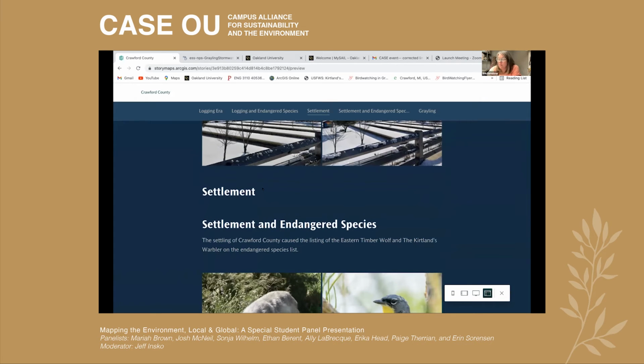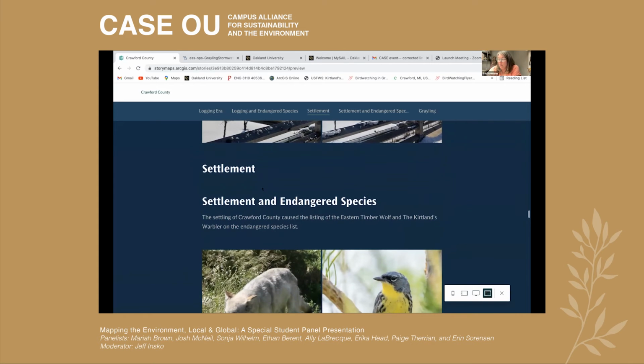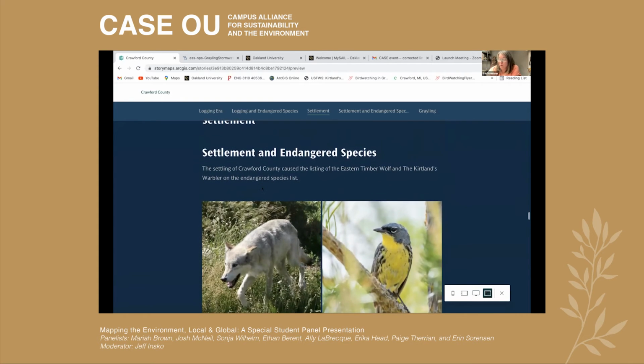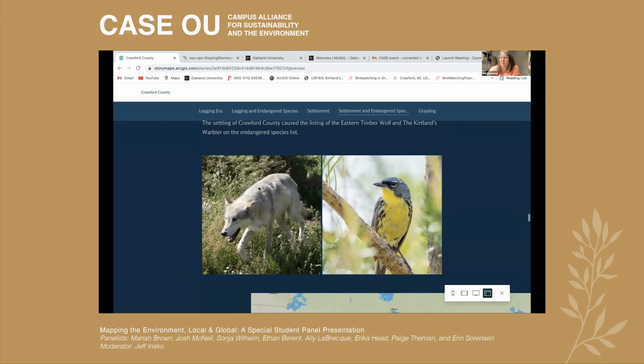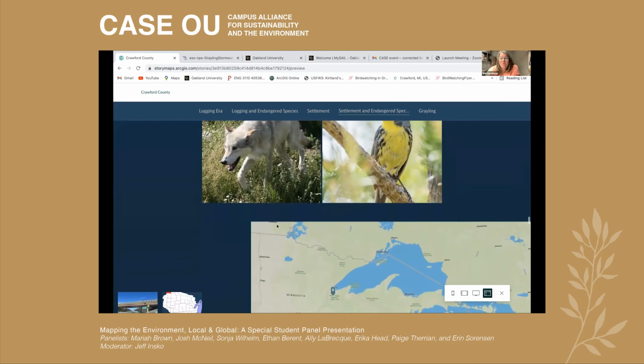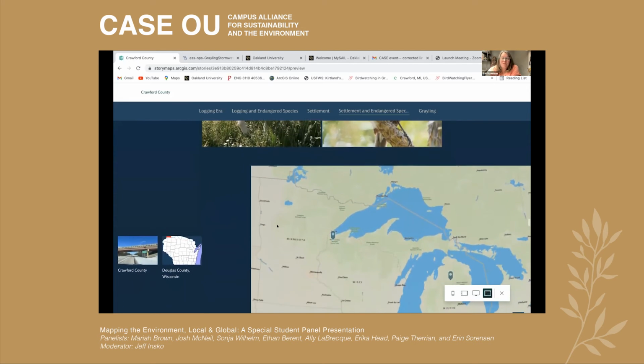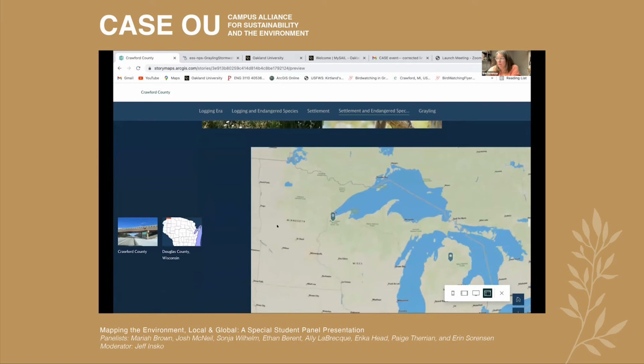Settlement caused the disappearing of the eastern timber wolf and the Kirtland's warbler through deforestation and fires. The disappearance of the eastern timber wolf occurred mainly because settlers thought the wolves were a nuisance because they killed their farm animals. And in 1973, both the eastern timber wolf and the Kirtland's warbler were listed on the endangered species list. And these animals have since been delisted and are still protected species. So the story about the eastern timber wolf is not finished at all, but there is another aspect that highlights